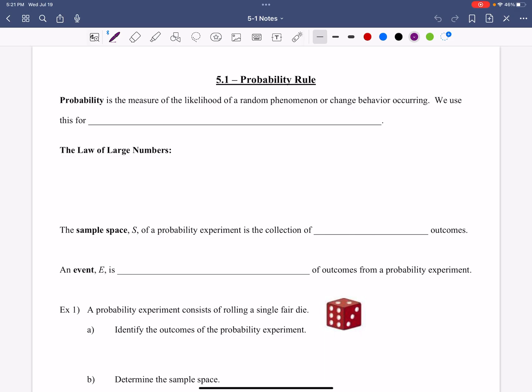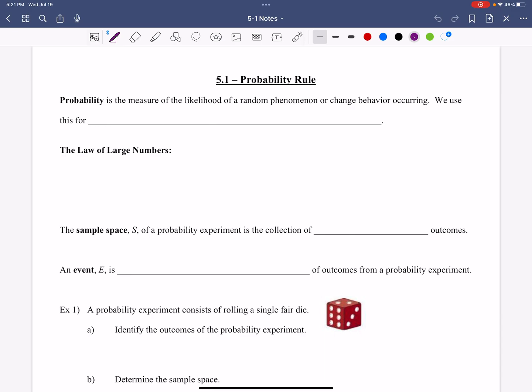That's how we roll, right? This subject is lots of words, so we have to know what these words mean so that we can then use them. As you see, that's how we play this, right? You learn the vocabulary, you learn the symbols, and then you use them throughout. That's what 5.1 is all about. We're starting that process here with probability.